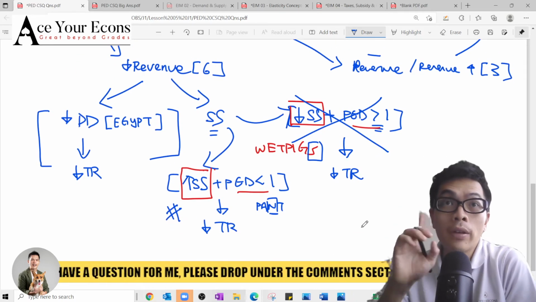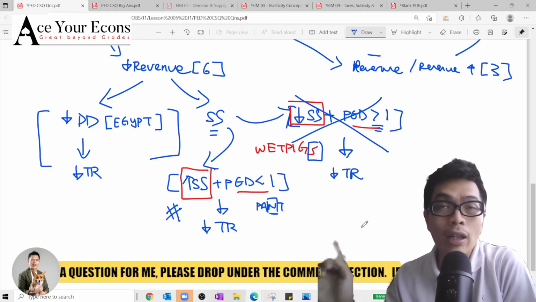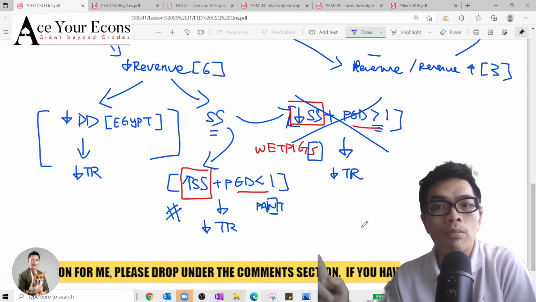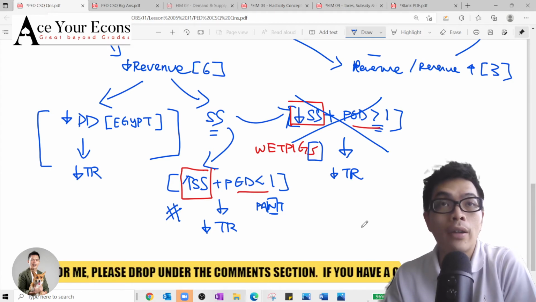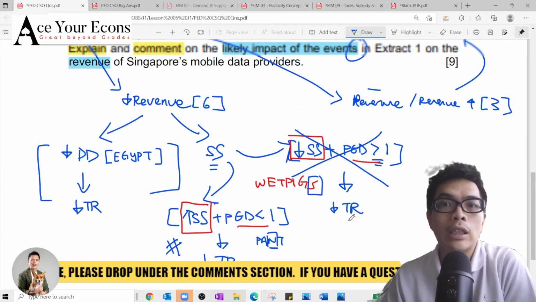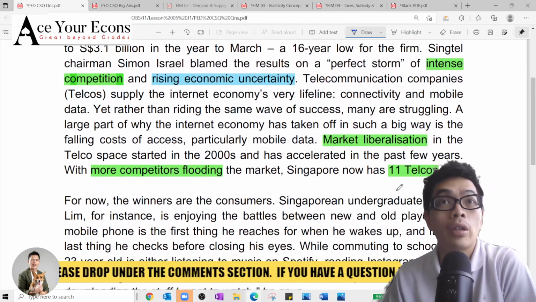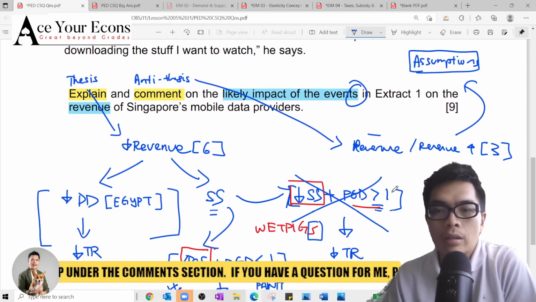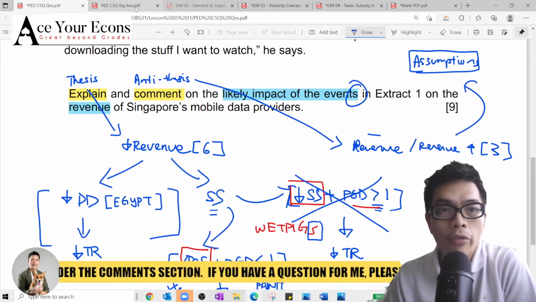Okay, so it is important to get the supply factor right. Only one of these will point out to you the correct answer. If you chose the other and you made a PED assumption greater than 1, then it will be way off because the initial supply condition of higher supply is not fulfilled. Okay, so with this, I will move on to the answer key.